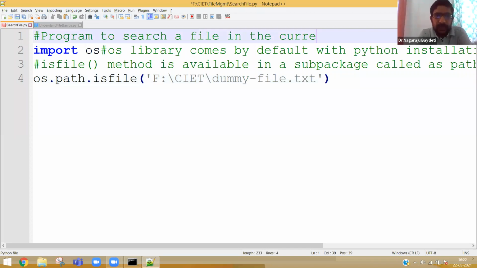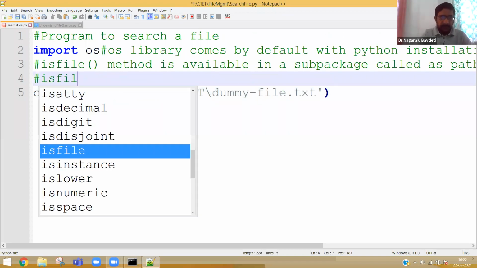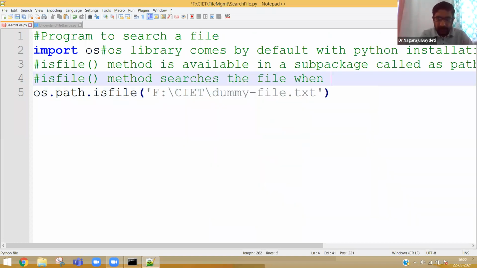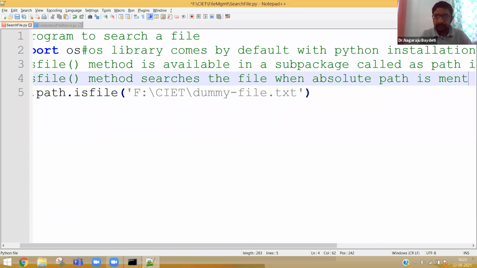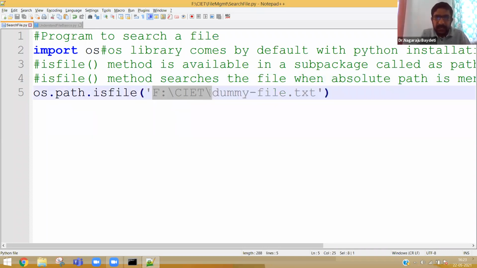If you don't give any path, for example, the isFile method searches the file when an absolute path is given. In this program, I am giving the exact path of the file. For example, F drive, CIET directory, dummyfile.txt.